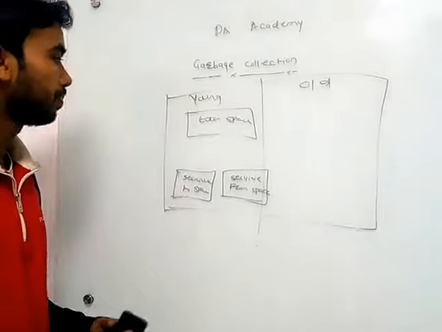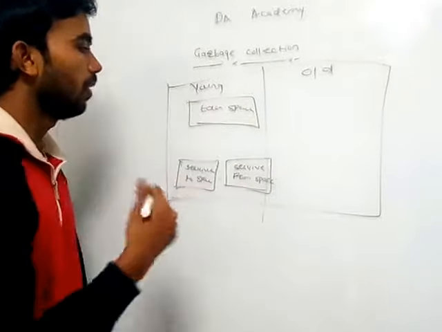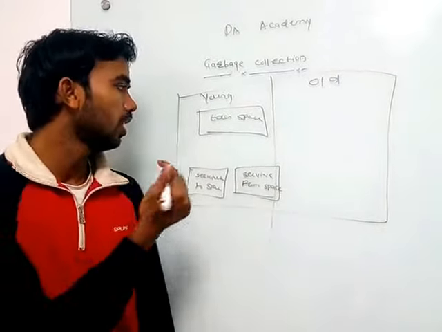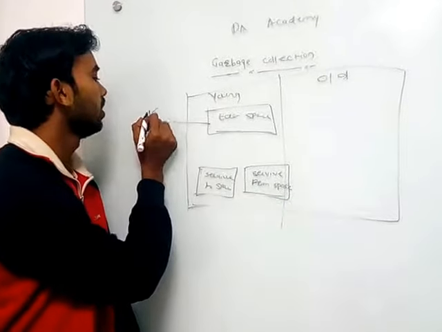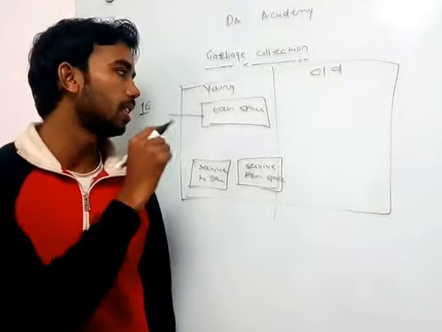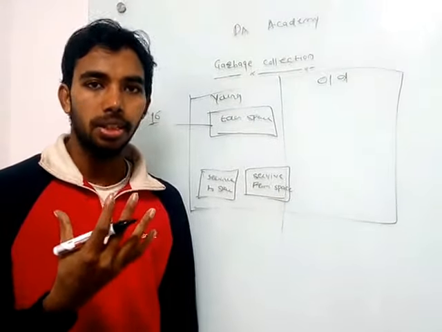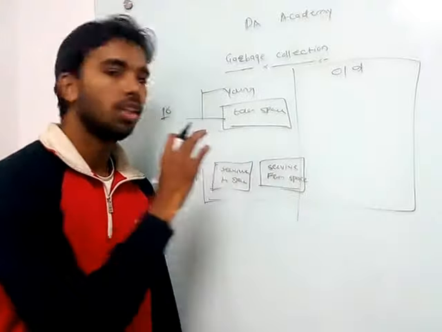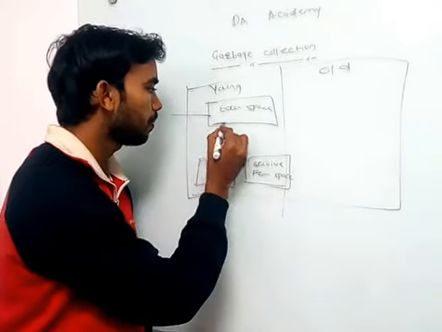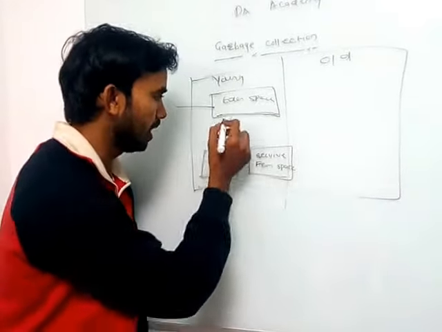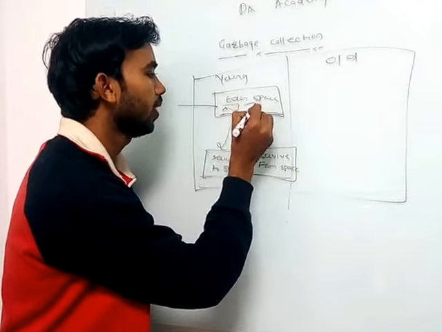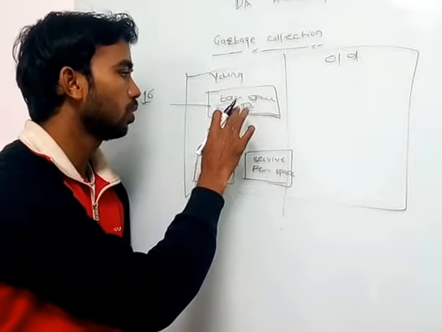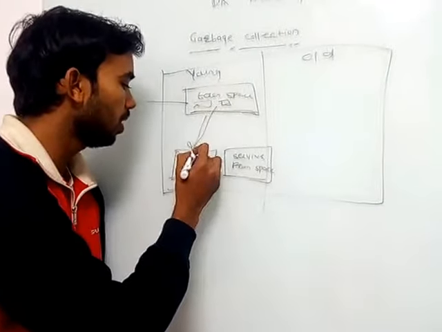Whenever we create a new object, by default it is stored in Eden space. Suppose the default size is 16. When you create a new object, it is placed into Eden space. Once that space becomes full, you move the unreferenced objects to the survivor space. Suppose you have filled 16 objects and now you create a 17th object. You are not able to fit it here, so whatever objects are there, you move to the survivor space.